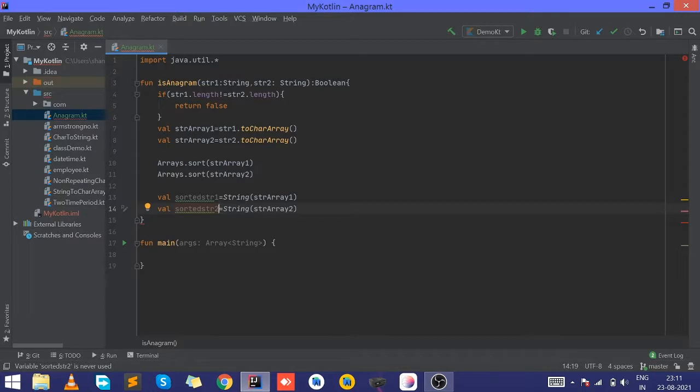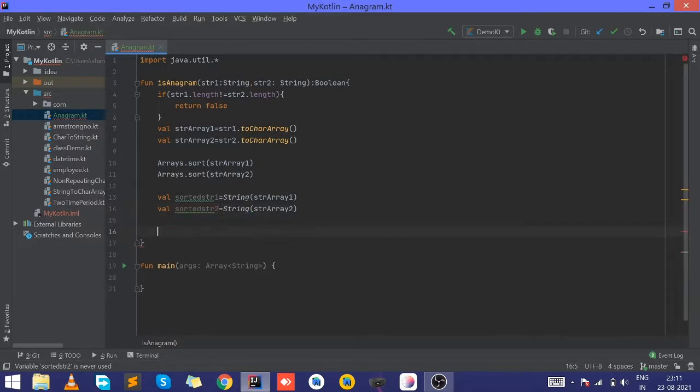Now we can check both outputs, meaning both strings after sorting. If the strings are equal or not, then we can return true or false.